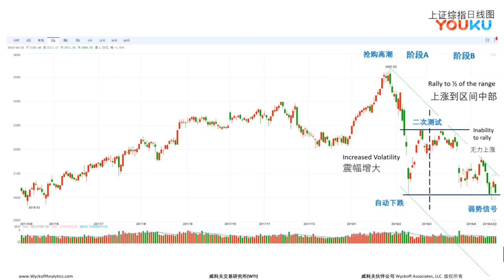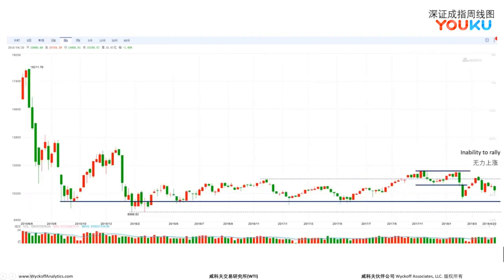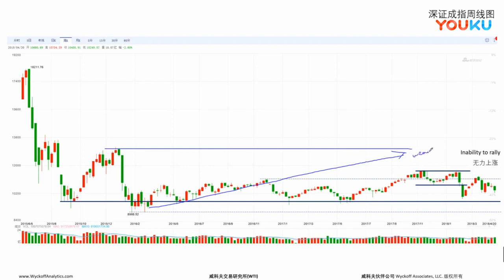All right, well, let's look at the Shenzhen composite, and let's see if the picture is somewhat similar to Shanghai. On the long-term chart, we see that definitely Shenzhen long-term is somewhat weaker, as it didn't have the ability to rally into the area of the previous resistance. So in this area right here, it is somewhat weaker.